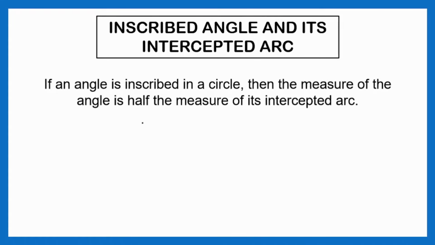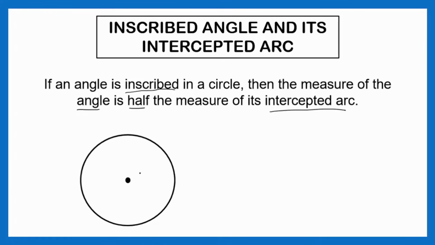So ito ang statement ng inscribed angle and its intercepted arc. Sabi, if an angle is inscribed in a circle, then the measure of the angle na yon na inscribed is half, kalahati, ng measurement ng intercepted arc. Intercepted arc, I'll discuss that mabilis lang. So let's have circle O. Ang pagkapangalan po niyan ay ganito. Bilog, tuldok, tapos kung ano yung letter, siya yung name. That's circle O.